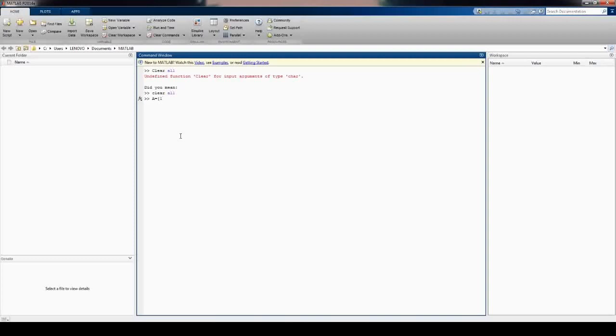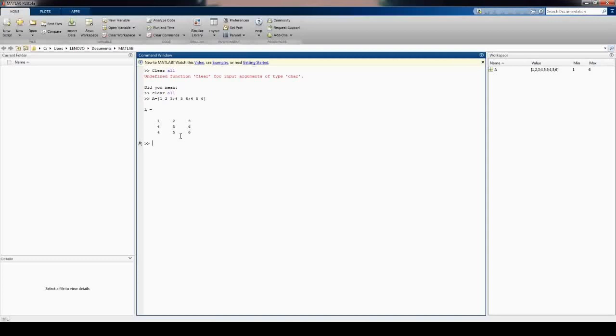The first element and second element must be separated by spaces or commas. But space is very easy, we can go for that. Second row, the elements are separated by spaces, and the row is separated from the other rows with a semicolon. I have created a 3 by 3 matrix, A matrix.